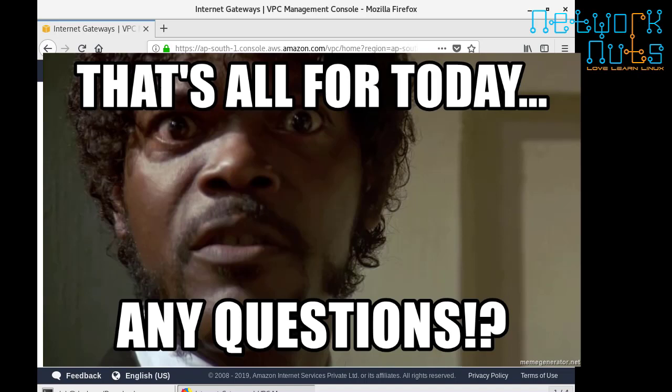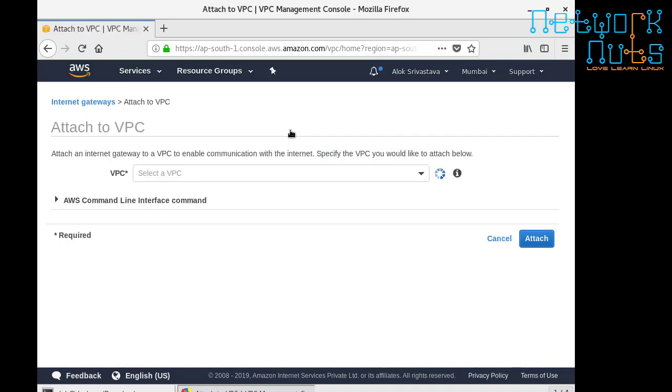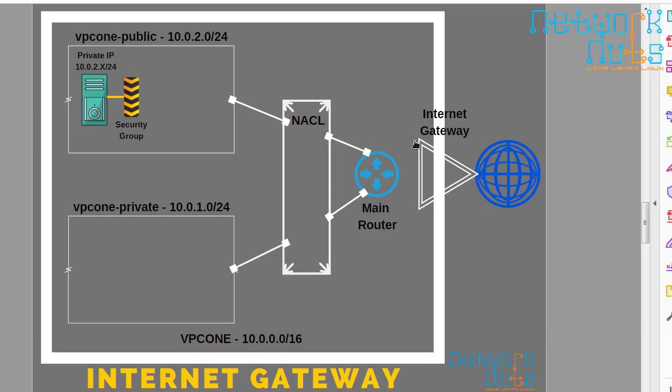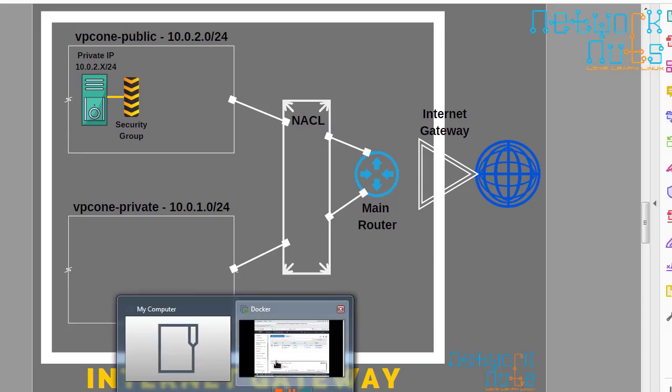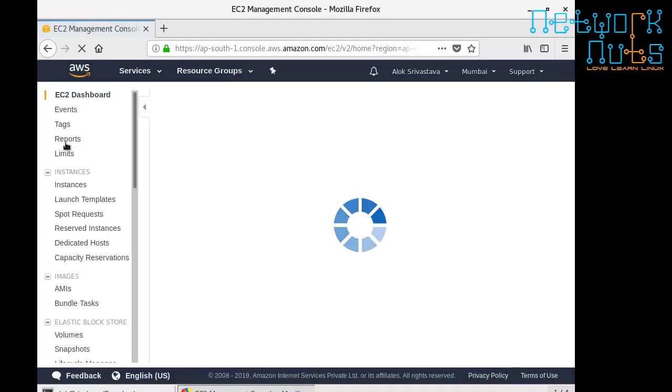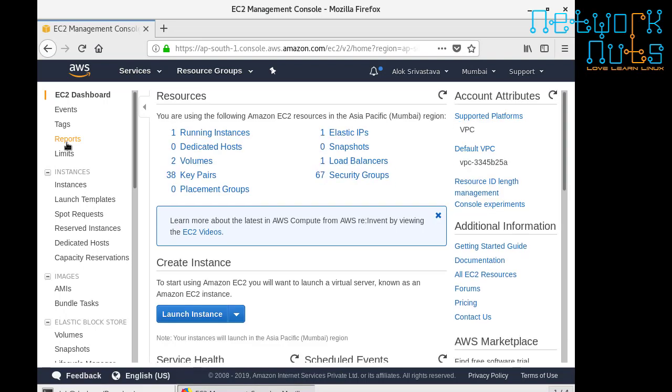Okay, attach it to your VPC. That's it. Click. That means I have done this. One internet gateway is connected to my VPC. So if I go back to my instance, a lot of to and fro is happening up here between EC2 and VPC, VPC to EC2, EC2 and VPC. Okay, I go